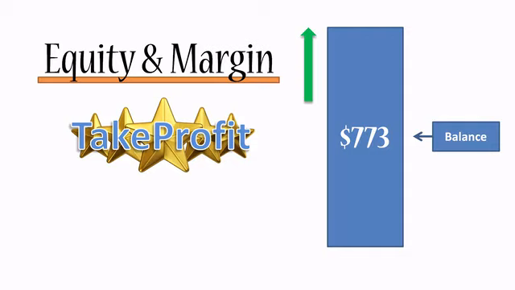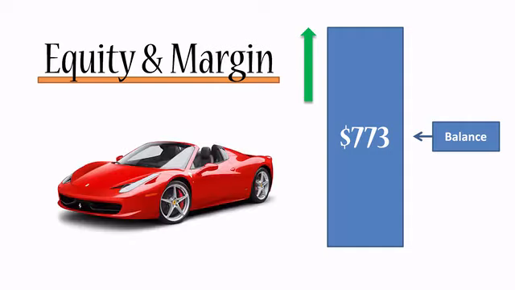So you can conduct greater transactions, you incur greater profits, and at the same time you will incur greater losses if they occur, and you only have that amount of money that is on your account to accommodate those losses. So as soon as your money runs out, as soon as your free margin runs out, the broker will pull their funds back. So in a way, I like to think of leverage as a sports car.